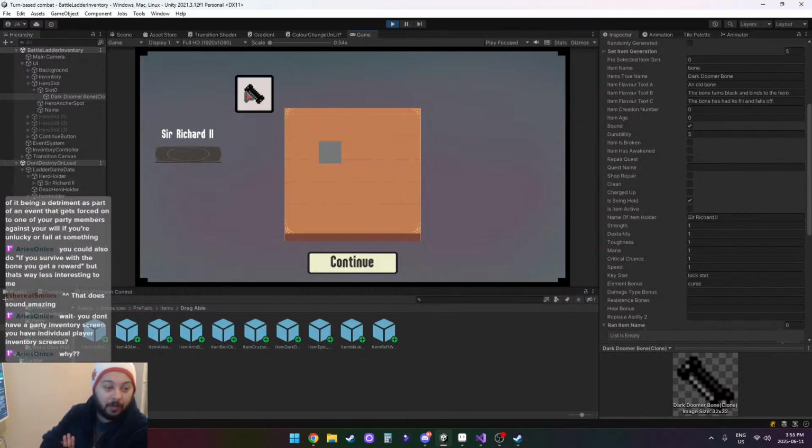Wait, you don't have a party inventory screen. You have individual party inventories. No. This is the party inventory screen, but I only have 1 party member right now, so I only have their slot and their 1 backpack slot. If I go continue,